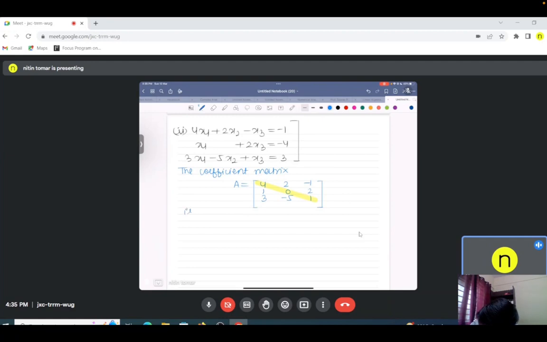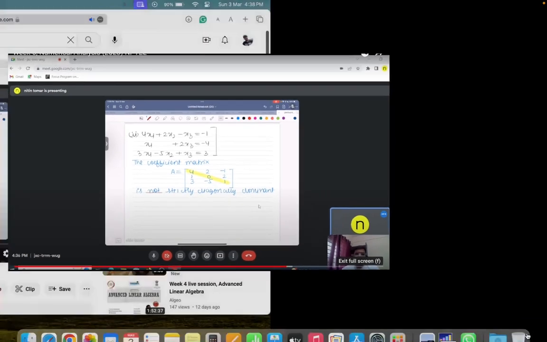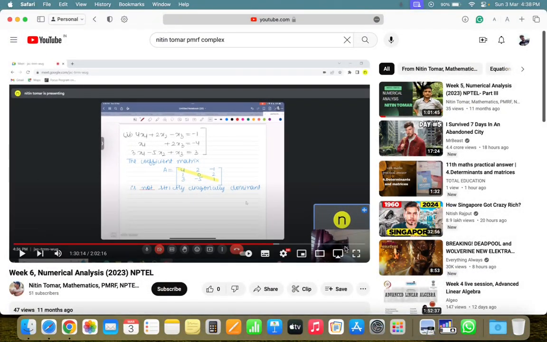It's not strictly diagonally dominant, right? It is not. Why? You see,